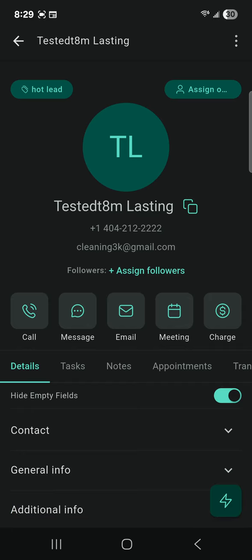Now what this should do is add the contact to the opportunity pipeline for, I believe, marketing pipeline because this is a new lead. So first thing I'm gonna do is go to the pipeline,